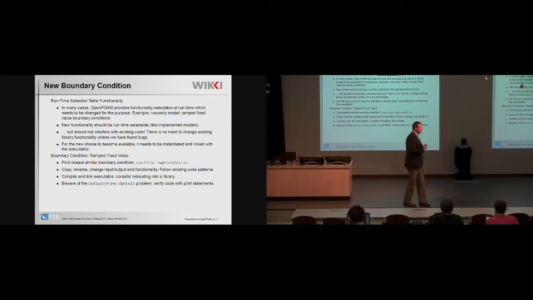Okay? So this afternoon, apart from the people who will be changing the top-level code, I will ask the groups to implement a new boundary condition or something called a function object. Okay? So the idea of a boundary condition is clear. You will know how a value at the boundary changes. You want to change it in your own way, and you can write a little piece of code that will do that. For a function object,